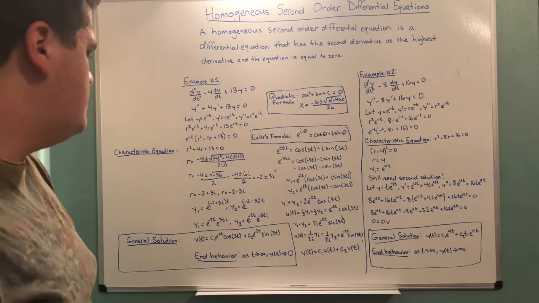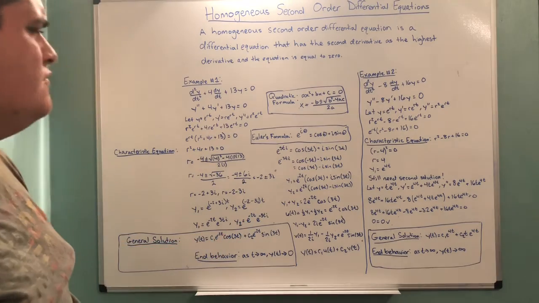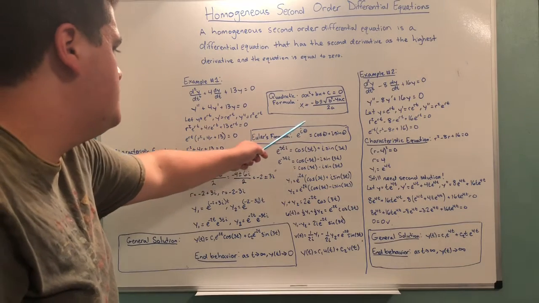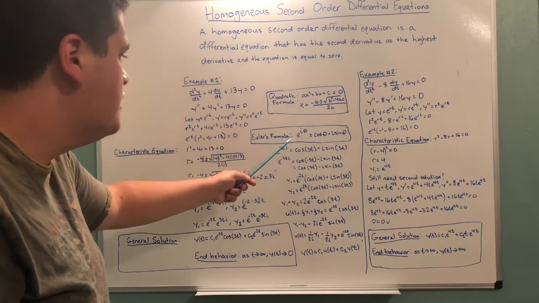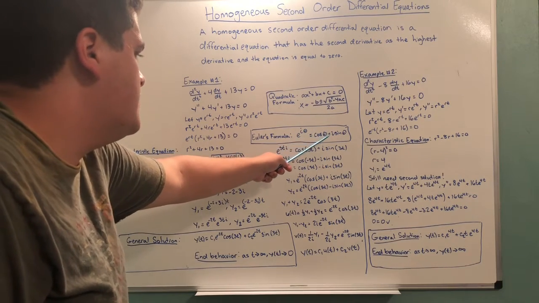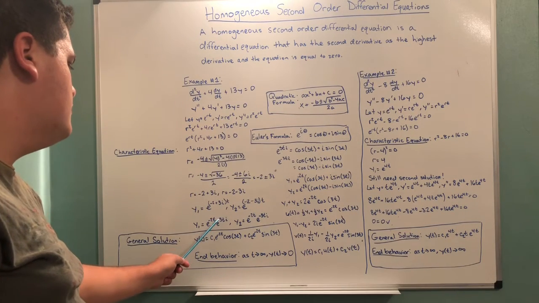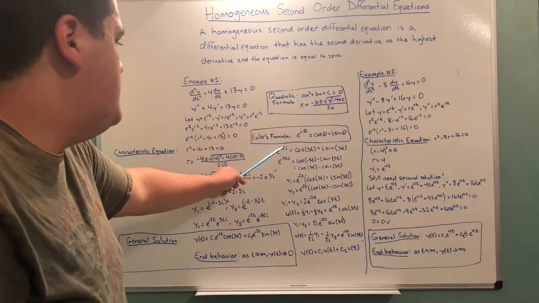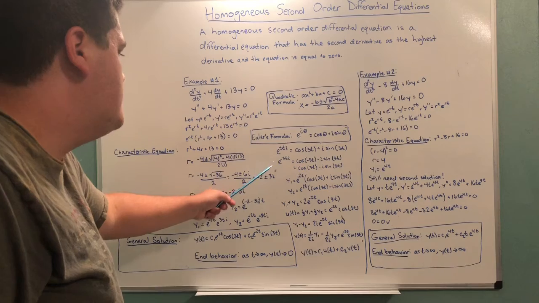Now when looking at this, we see that there are imaginary numbers and it may be hard to visualize this. So Euler's formula is used to evaluate e raised to some imaginary number. So e raised to the i theta is equal to cosine theta plus i sine theta. In this case, our theta will actually be 3t, the number right in front of i. So e to the 3ti is equal to cosine 3t plus i sine 3t,